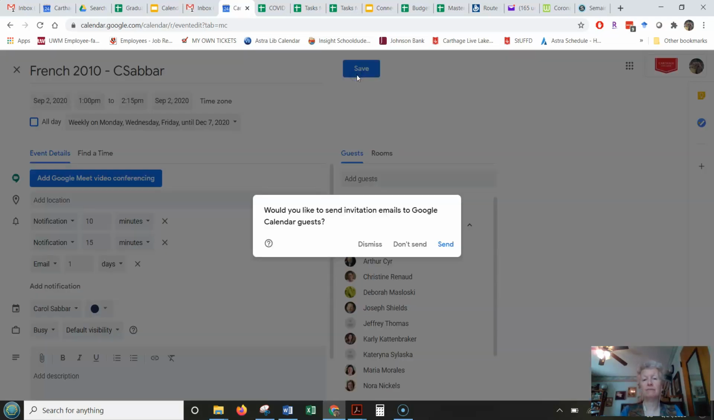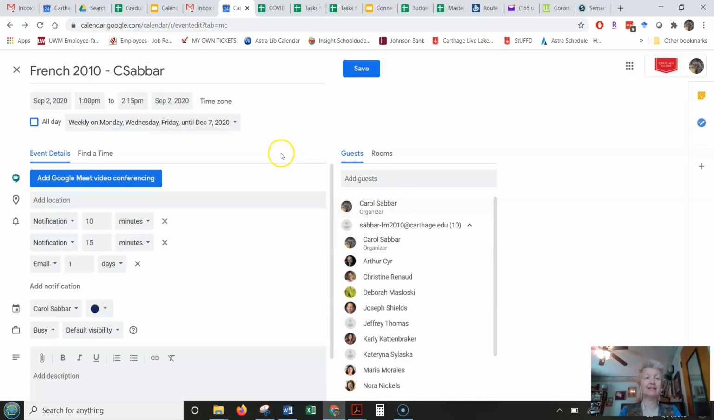Now when you go to save, you can tell it either to send an invitation to all of your students or not to send. I would go ahead, bug them as much as you want so that it'll show up there. Right now, I'm not going to do this since this is a bunch of faculty on my screen. All right, that essentially is my